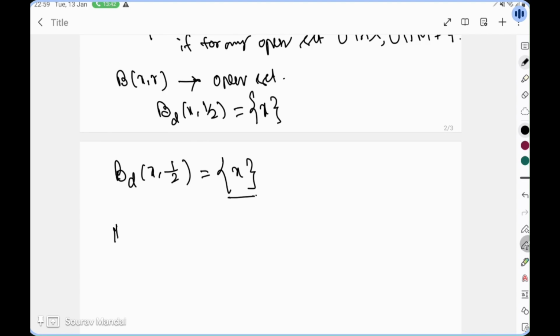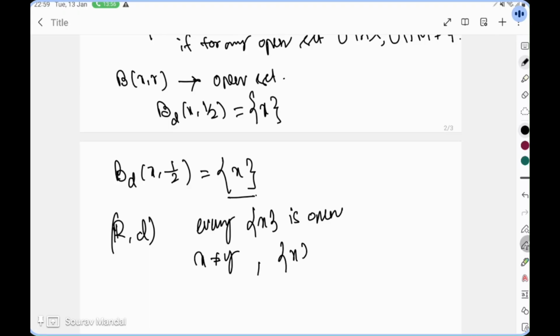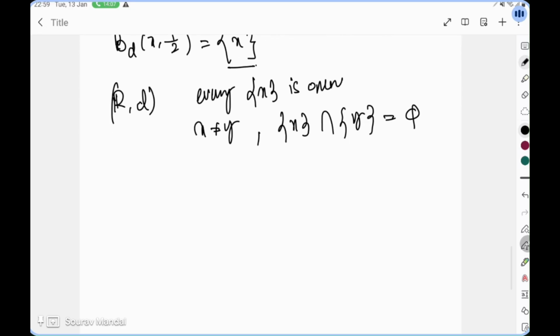So with a discrete metric space, every singleton is open, and if you are considering two distinct points, in that case you will get two disjoint open sets. Okay, so as R is uncountable,